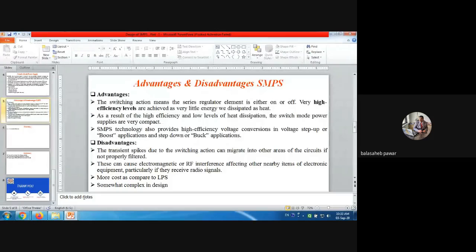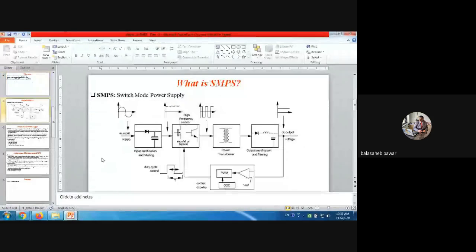So see, last time we came up to over here and we directly switched to this PWM generator. This PWM generator will generate the pulses as per the switching frequency requirement of this transistor, maybe MOSFET or it may be BJT. And those pulses are applied to the primary of this transformer. This transformer is a high frequency transformer.